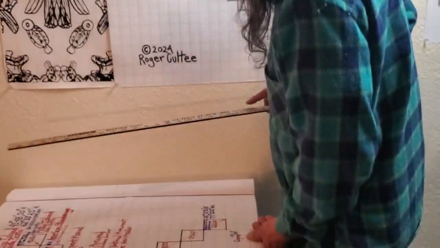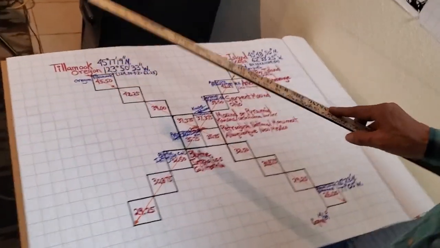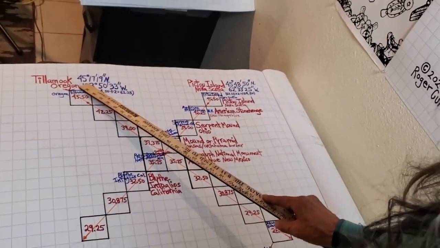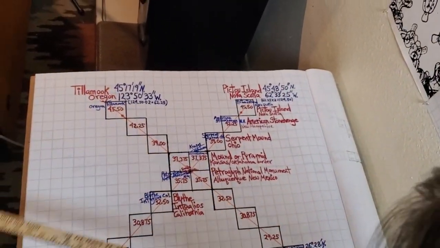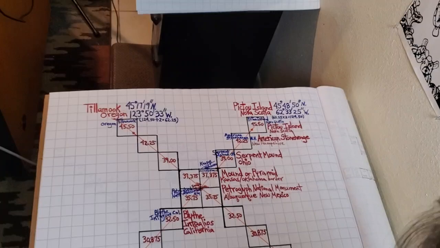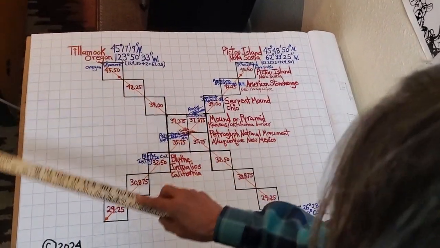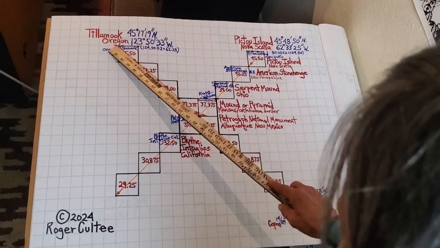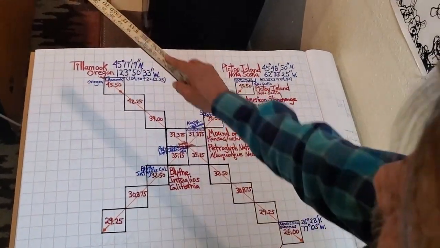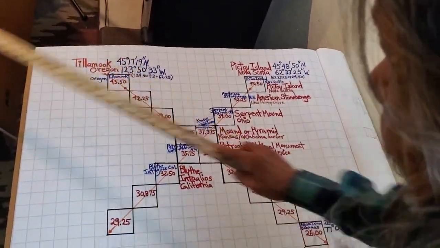What are their purposes? It's really simple. From 45 degrees, we control the entire trade to every country on the other side of the Pacific Ocean, to Polynesia, to Australia, to New Zealand, to Papua New Guinea, all those places on the other side, Japan and all of that. They originated from 45 degrees in Tillamook. You could reach every location from this one latitude, no matter where it was on the other side.